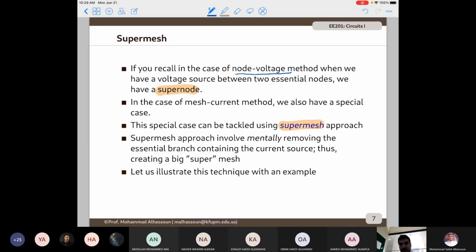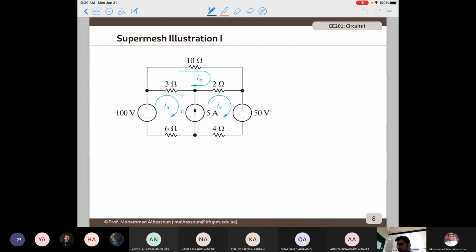These statements might be a bit confusing, so let's discuss it with an exercise here. So let's try to solve the mesh currents here. We have IA, IB, and IC. Let's try to find IA, IB, and IC. So a standard way, what you usually do is the following. So you start with